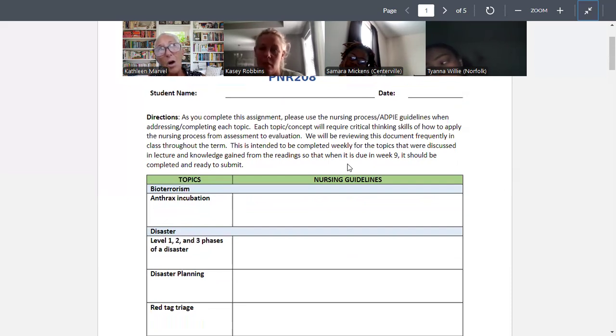So I cannot encourage you any more than to get this on your desktop and look at it every couple of weeks. Fill in what you can fill in if you want to do it as we go. If you want to work ahead and look in your books, all the information you need for every one of these boxes is either in your maternity peds book, your med-surg book, or your fundamentals book. You don't need to Google anything. It's all there. Students have told me it's all there.